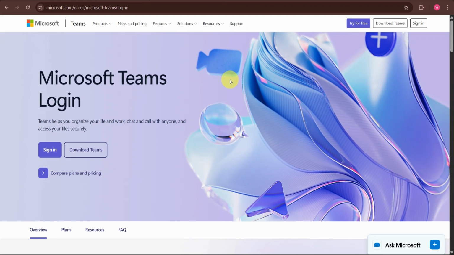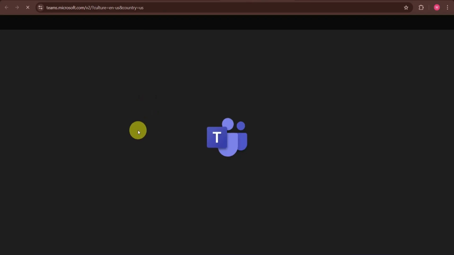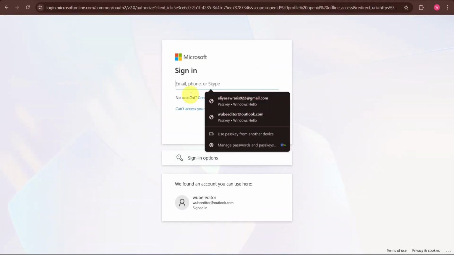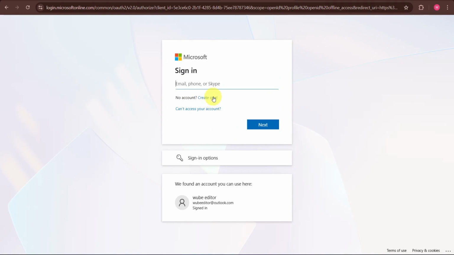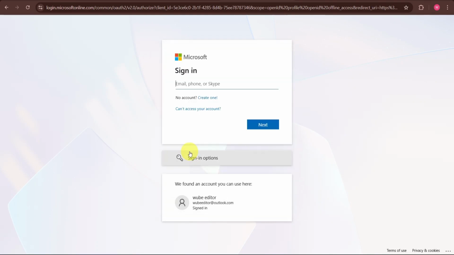Let's get started. First, open your web browser and go to Outlook. Once you're on the Outlook homepage, click on the Sign In button and enter your Microsoft account email address and password. After entering your login details, click on Next and complete any verification steps if required. Once you successfully sign in, you'll arrive at the Outlook dashboard, where you can access your emails, calendar, contacts, and